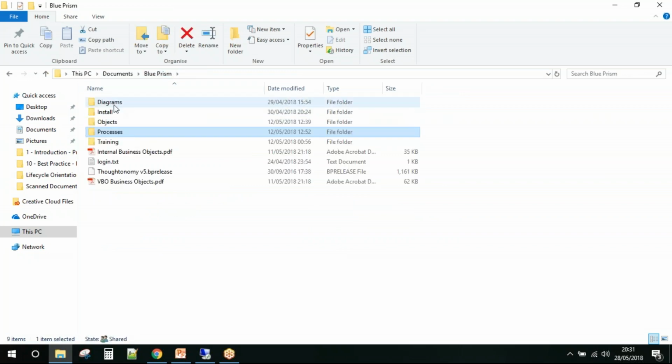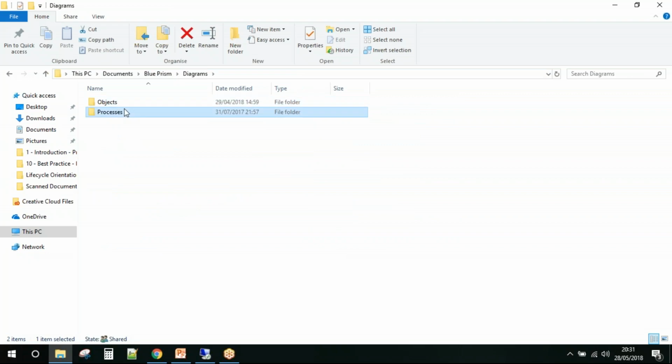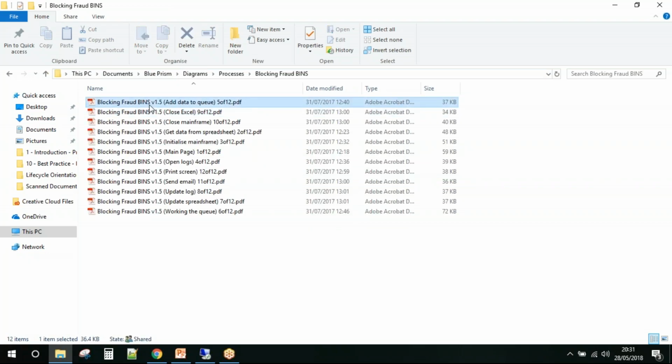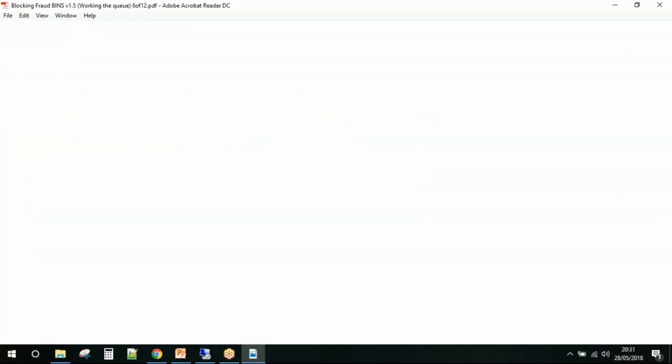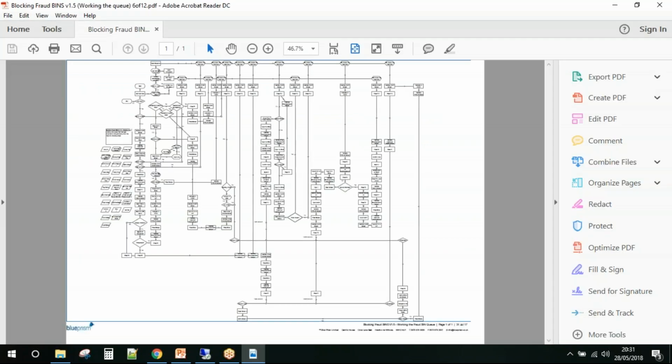This is a real-life process I created for the company I was working in. If I open one of the pages for it, this is what my diagram looked like, and people were not happy about that. So I'm just showing you something that you should not be doing.